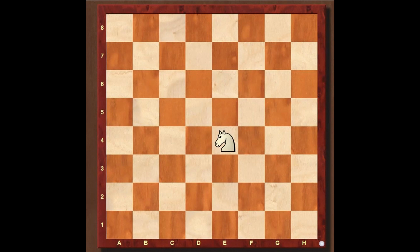I welcome you to the trickiest piece on the chessboard, the knight. Sitting majestically in the center of the board, the knight is the trickiest piece because, first of all, it moves in a very peculiar pattern, which is an L shape, and secondly, it has the very unique ability to jump over its own and